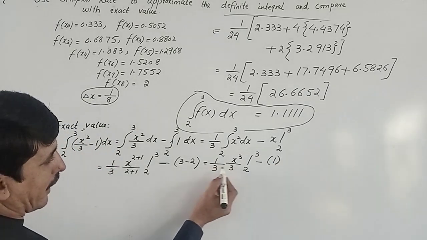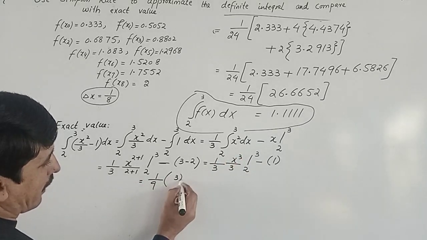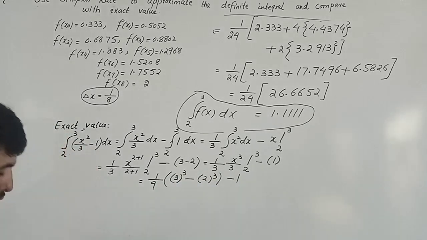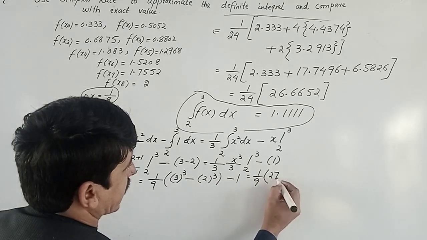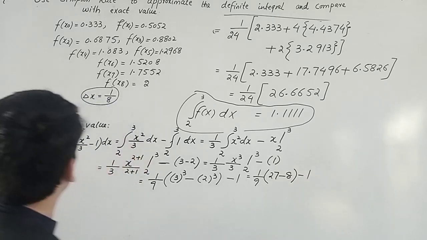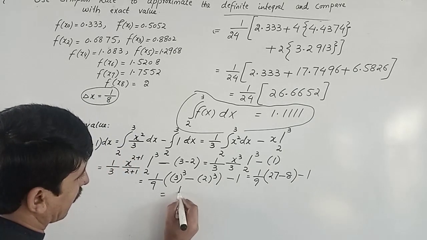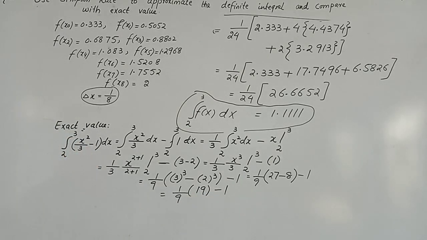So 1 divided by 3 into 3 is 9, applying limits, upper limit minus lower limit. Multiplying 3 three times, we get 1 divided by 9 into 27 minus 8, minus 1. 27 minus 8 is 19, so 1 divided by 9 into 19 minus 1. Dividing 19 by 9 we get